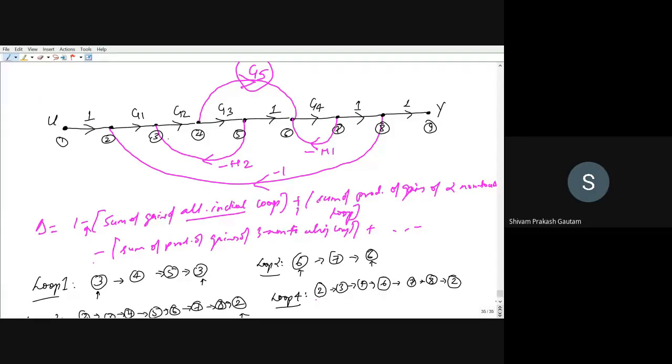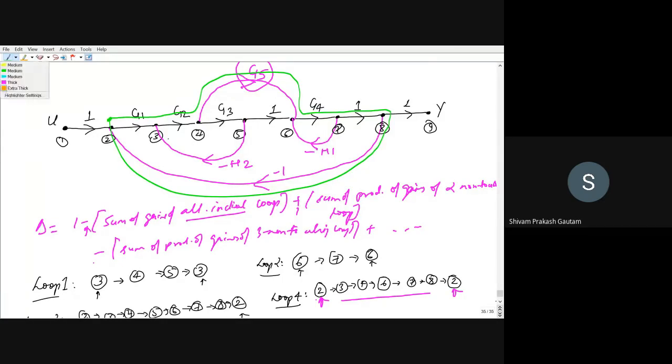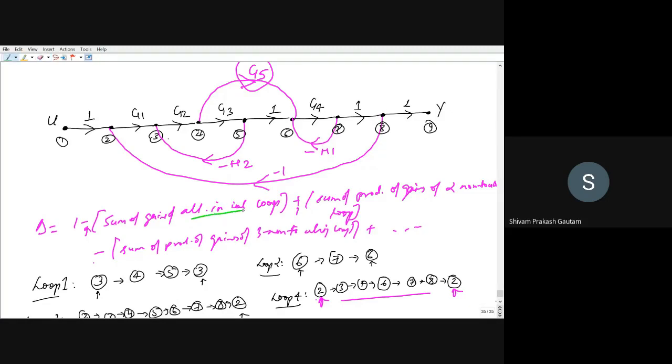So a loop is what we have to start from a node and terminate at the same node without the repetition of any node. So you can see we have not repeated any node. If you want to see it fast, just pay attention. You are at node 2, you are going like this and this, then you are down, then you are going to 8, then you are coming back, and again at node 2. The direction is like this. So this is our loop. Is it okay? So there are 4 individual loops, right?